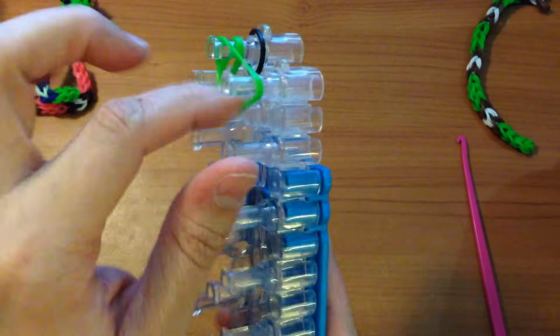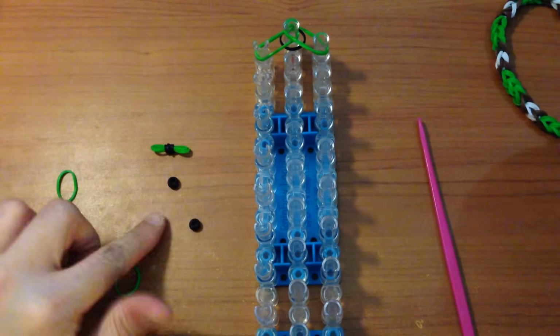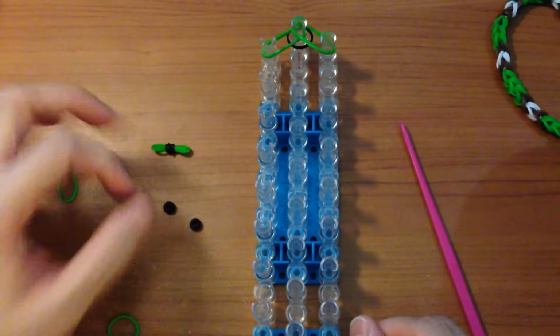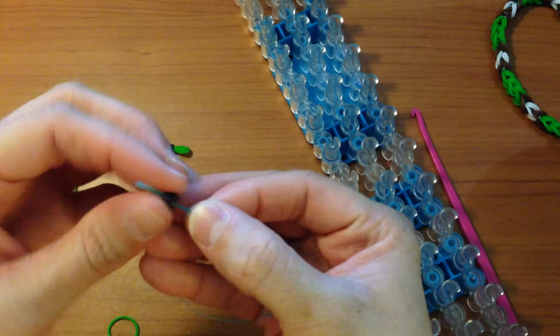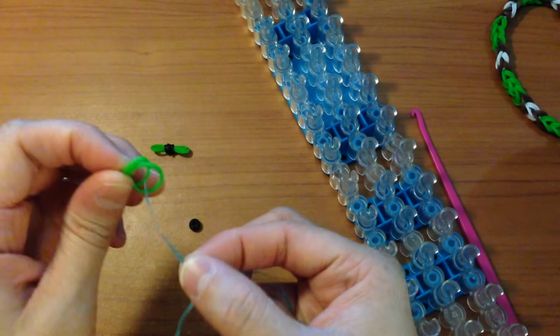And then from here to here. I forgot to show you how to thread the bands onto the pony bead. If you're using large pony beads, it should be very simple. If you're using a smaller version, you can grab a piece of floss, put the bead onto the floss, and then you take 2 green bands,